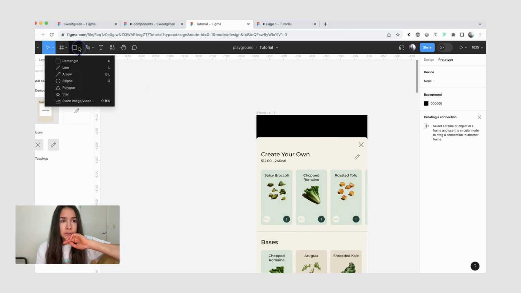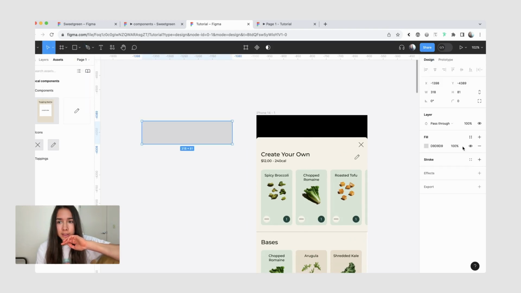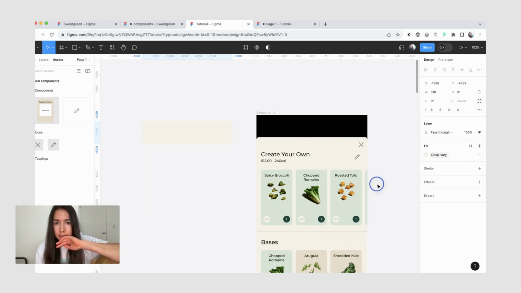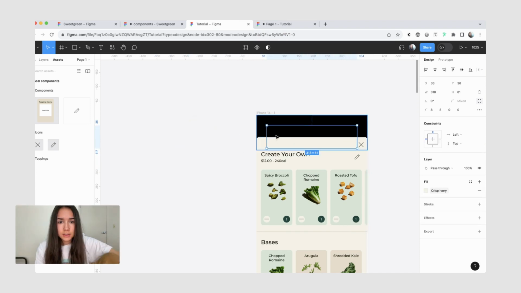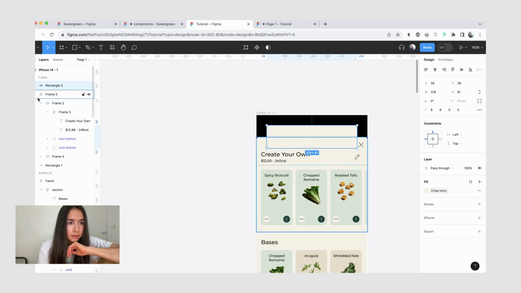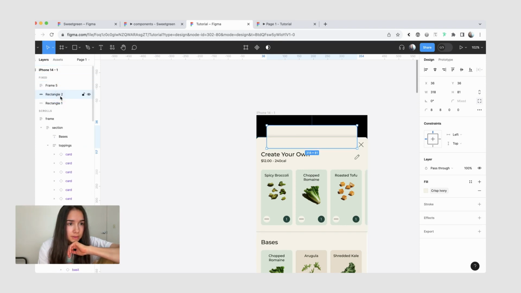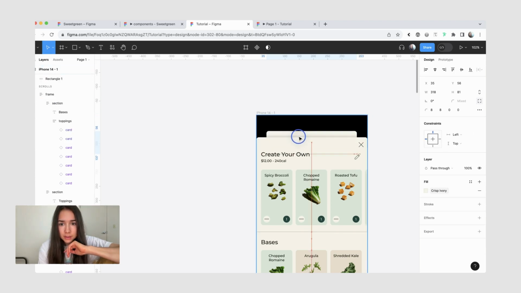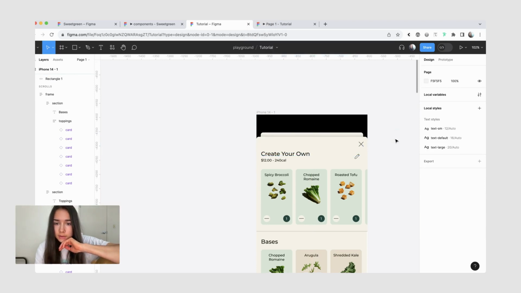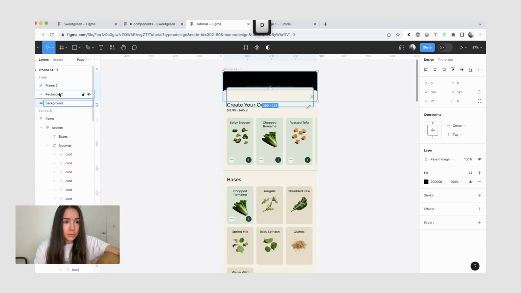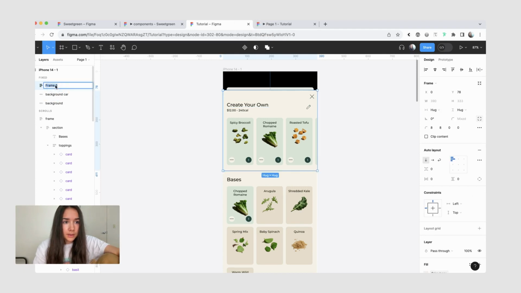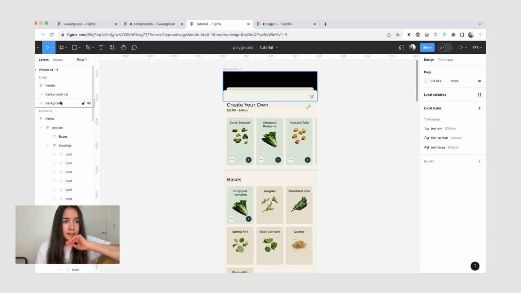And another thing that we can do is to add fake cards in the background. So we'll just give it also 8 pixels and give it a background of crisp ivory. So I just placed it inside the frame, but we want to make sure it's somewhere on the top and behind the actual card. Maybe it should be a little wider and we'll bring it closer. Let's rename this first rectangle to background, and this one is going to be background card. This one will be header, and all of these are set to fixed.